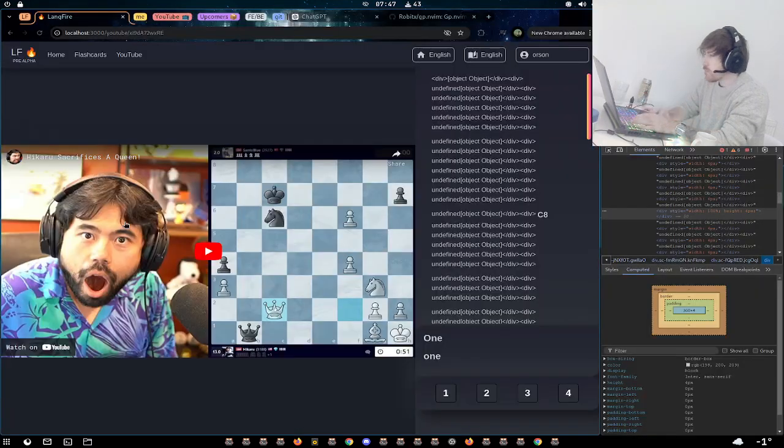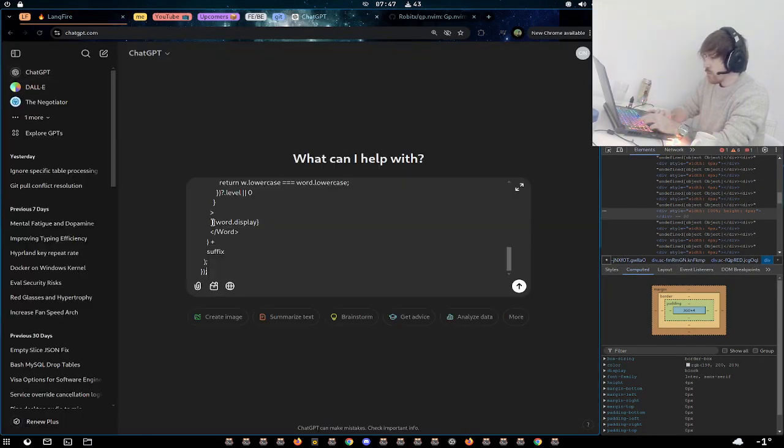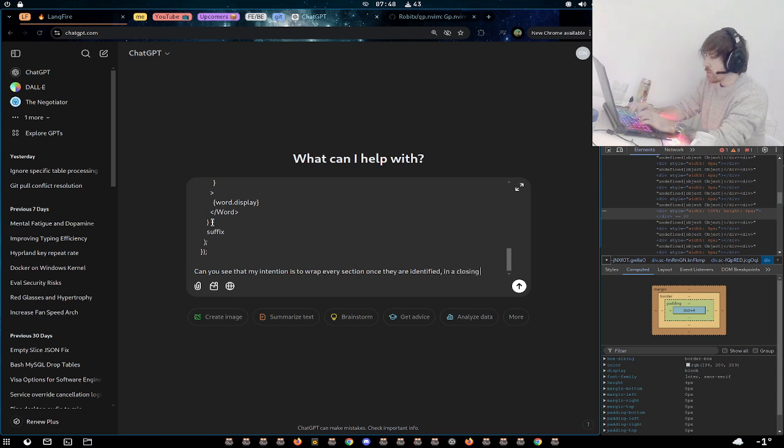What is the right approach to this? Can you see that my intention is to wrap every section once they are identified in a closing div? I mean, you could probably think